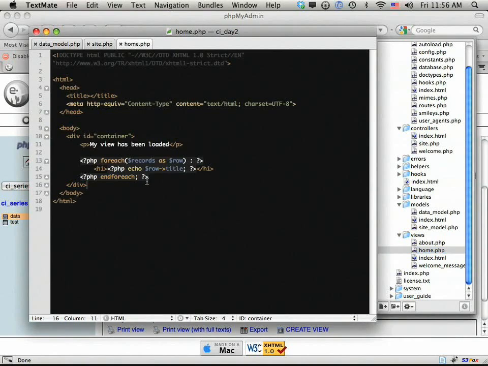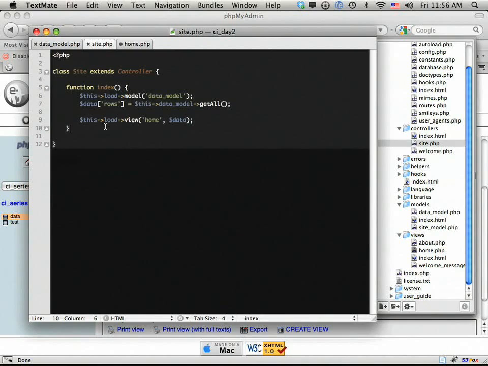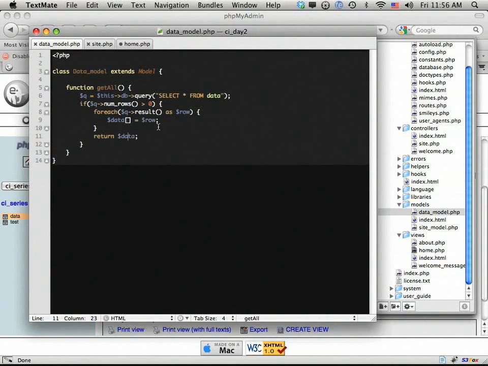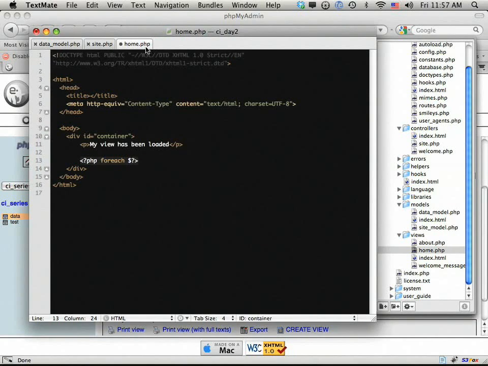And let's open up home. And I'm going to get rid of all of this. And we're going to work with it. So PHP, and we're going to say foreach row. And I just want to make sure I go over this. Remember, when we pass this array, these keys are then turned into their own variables or arrays that we can work with. So we would access it just like $rows. So foreach, wrong page, foreach row as R,